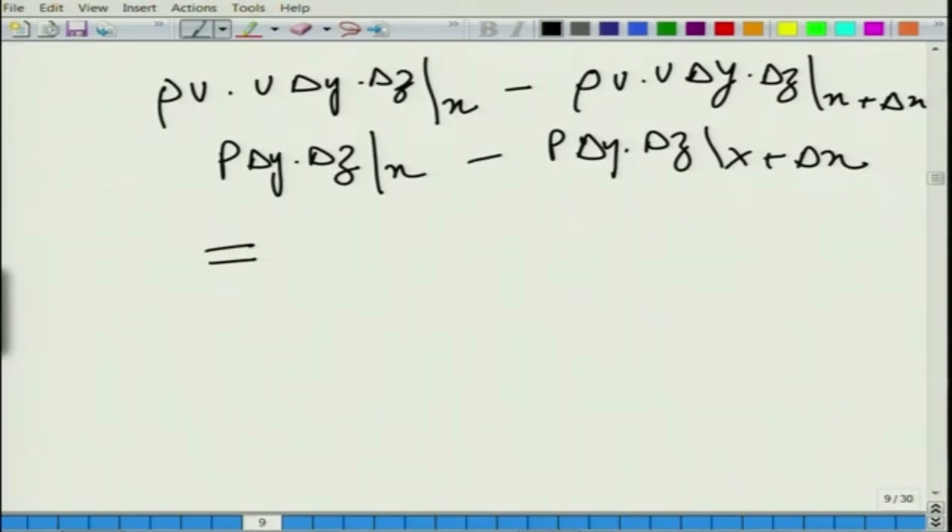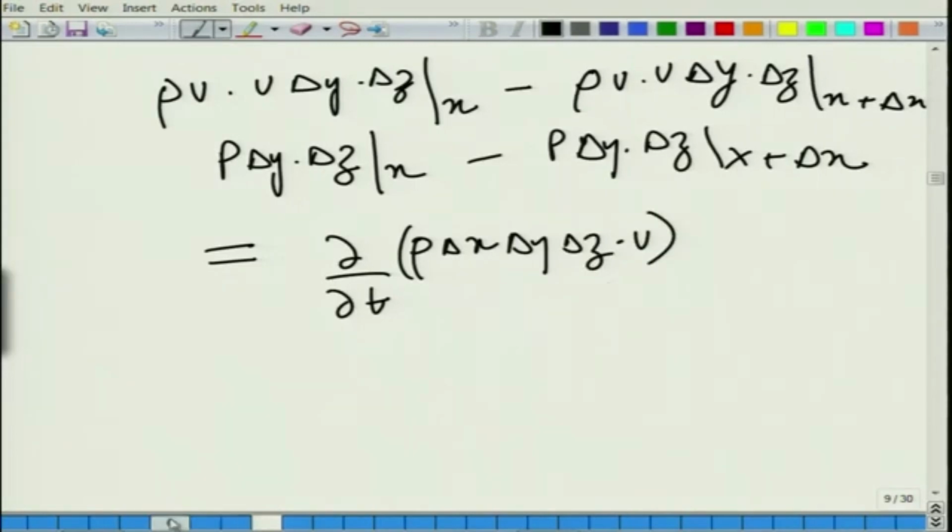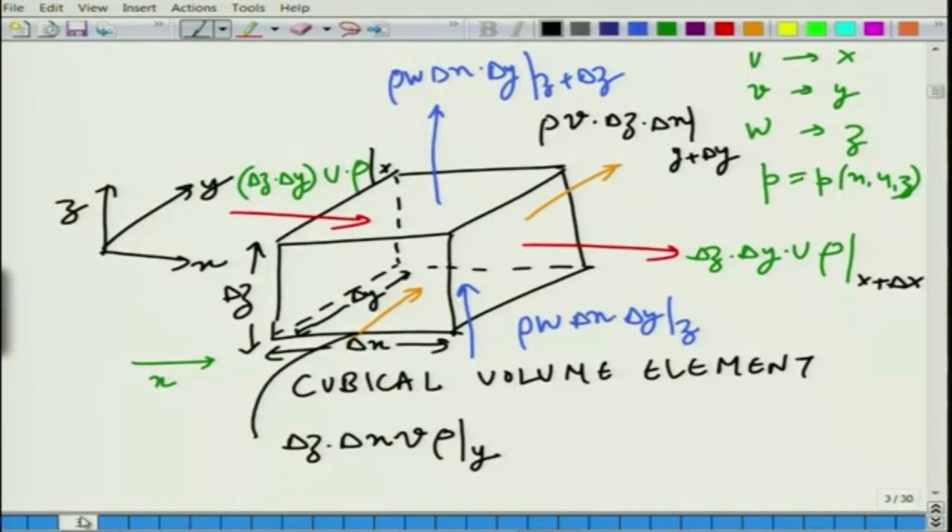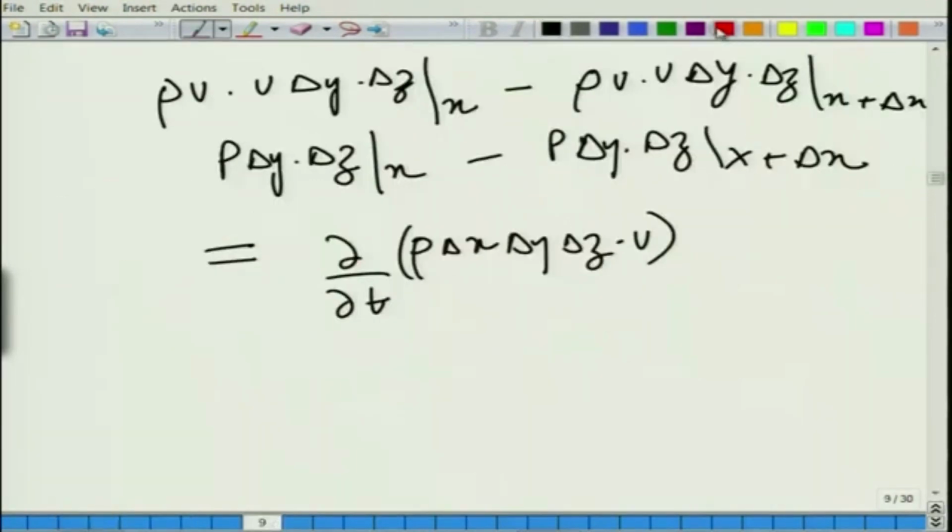So, this is equal to the net change of momentum inside the control volume. So, your delta x delta y delta z into rho, the volume times density, is your mass. So, mass into the velocity along the x direction. Remember from slide 3, u was the velocity along the x direction. So, this is your kg, density times volume, and this is your meter by second. So, kg into meter by second. So, basically this gives you your momentum,